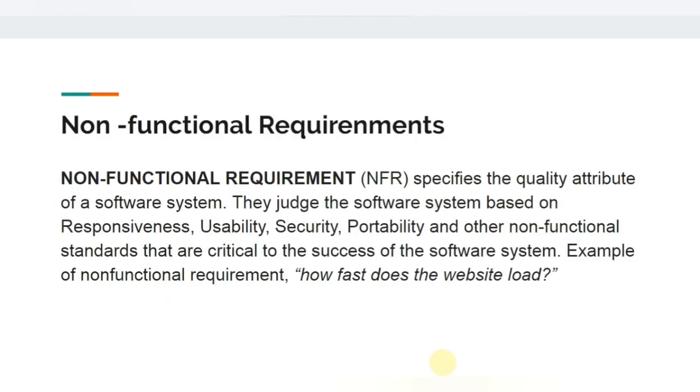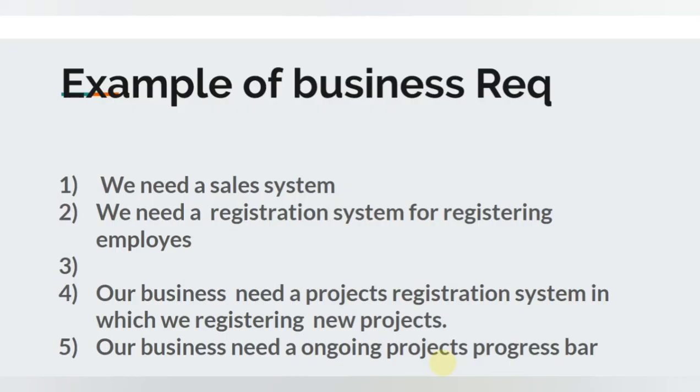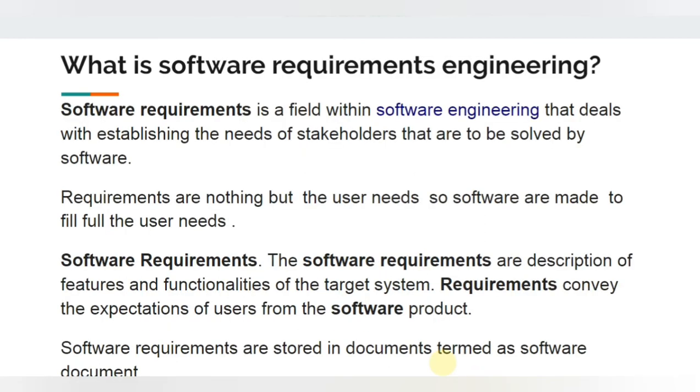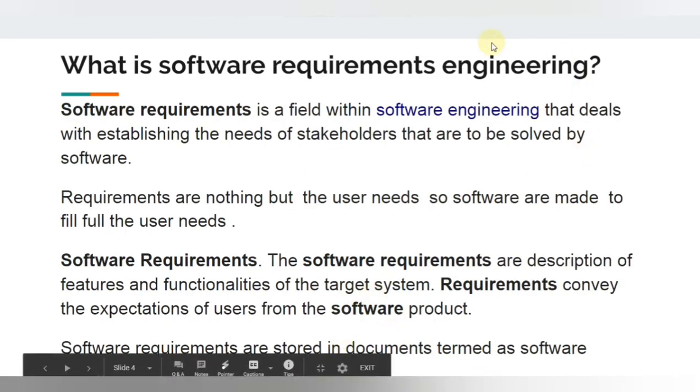Software requirements. So the agenda: what is software requirements engineering? We have explained to you about the software requirements. Software requirements are nothing but the user needs. So we have functional and non-functional requirements, which are really very important. Functional requirements are the user needs, and the user may expect up to 70-80% that the system will perform these actions. And non-functional requirements, so the